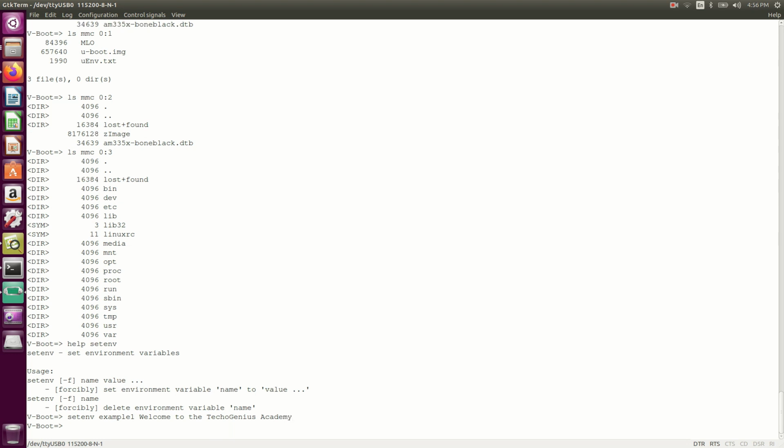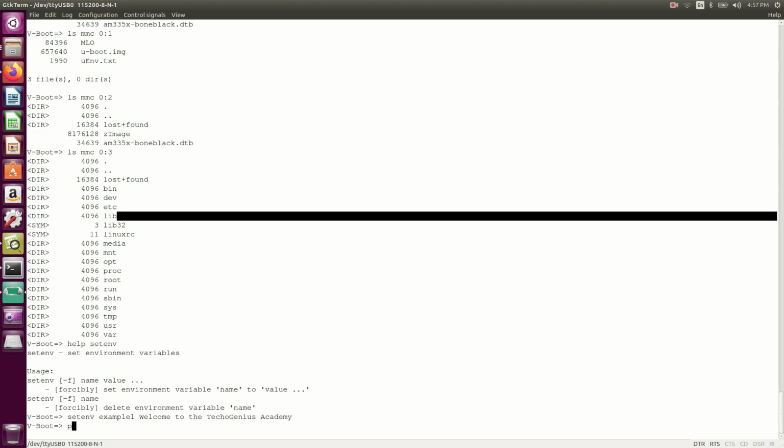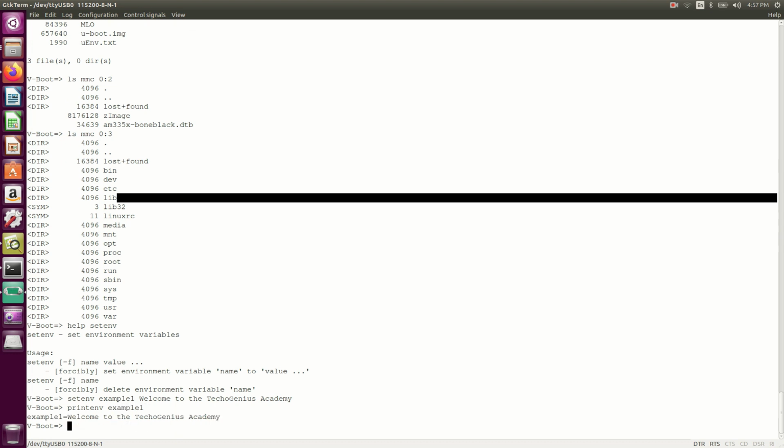Great, I've set it. Now if I want to print this, I will use printenv example1, and it prints: welcome to the Techo Genius Academy. So in this way we can set the environment variable.